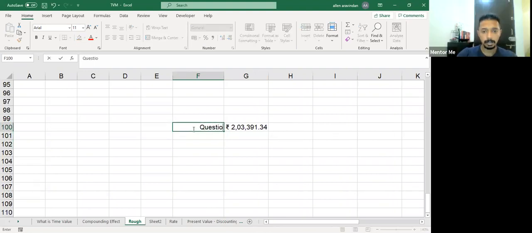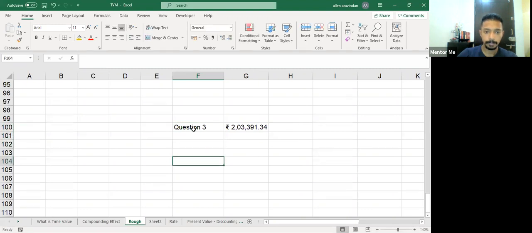Question number 4. You're getting payments of 8,000. If you're receiving an annuity, annuity means you get some money. Salary is also an annuity. You are getting payments of 8,000 at the beginning of every year, and they are to last another 5 years. In India, the beginning of the year would mean the financial year, which would mean April. So at the beginning of every April, you would be getting 8,000, which will last for 5 years at 6%.